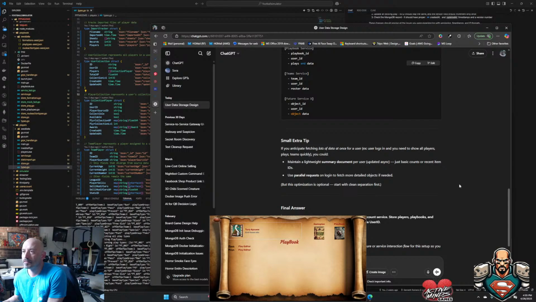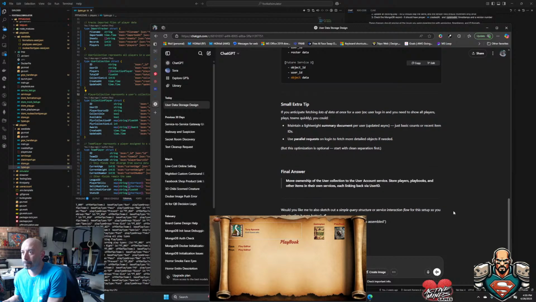Small extra tip: if you anticipate fetching lots of data at once when a user logs in and you need to show all players, plays, teams quickly, you could maintain a lightweight summary document per user, just basic counts or recent item IDs. Final answer: move ownership of the user collection to your user accounts. Store players, playbooks, and other items in their services, each linking back via user